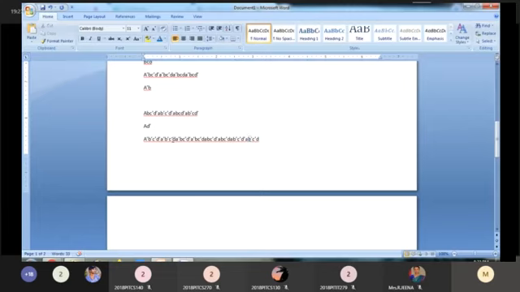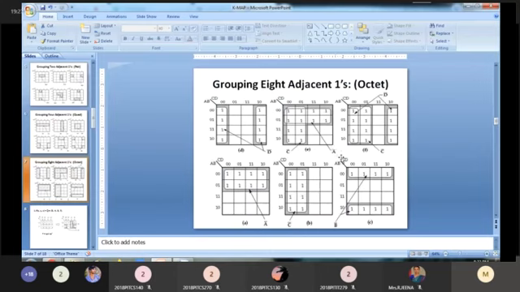Okay. Next, what about C? Here C bar, C bar, C bar, C bar, C bar, C bar, C bar, C bar. So your answer will be C bar. Totally 8 possible C bars. From these 8 possible C bars, you have to take only one C bar. Next, what about D? D bar, D, D bar cancelled, and so on for each pair. So your expression is only C bar.